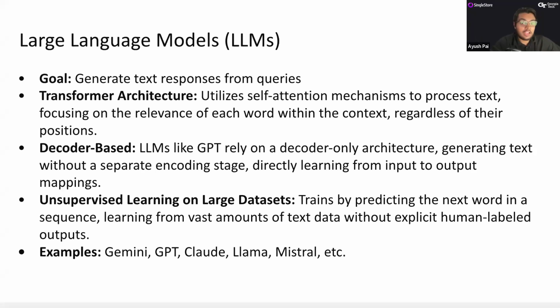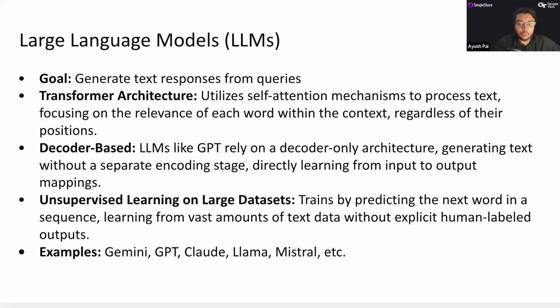This model has really revolutionized natural language processing in the last 5 years. It came out in a paper called "Attention is All You Need," 5 years ago, and the transformer is really unique because of its self-attention mechanisms, which allow the model to weigh the importance of each word in a sentence in relation to every other word. This contrasts with earlier models that process text sequentially and miss the subtleties of language that come